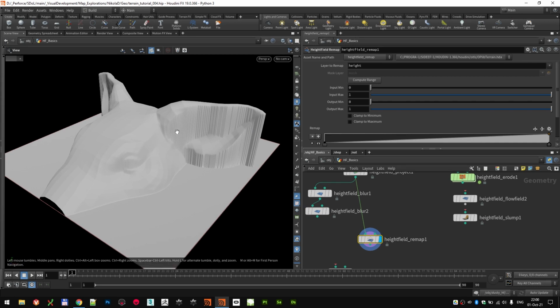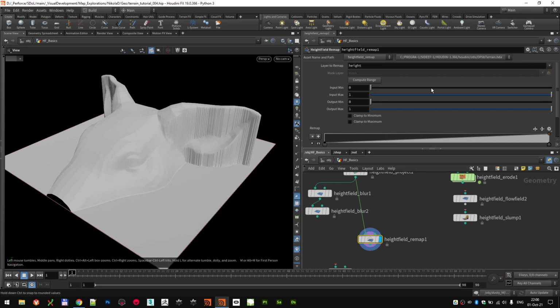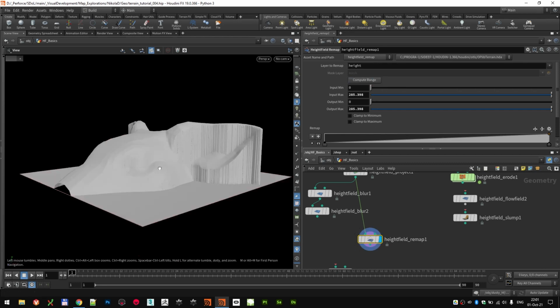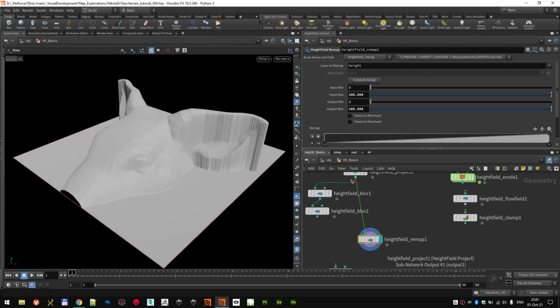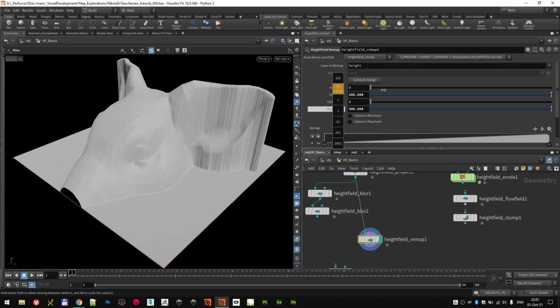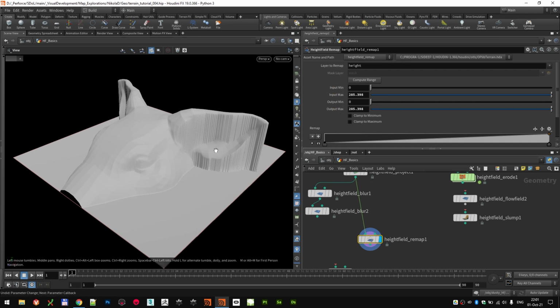Next one is the Remap node, which does actually what it says. It remaps the values of the Heightfield. So the usual MO when using this node is clicking on compute range. It calculates the minimum and maximum value of your input Heightfield. Right now it has calculated 0 and 285. So what you can do is remap it even here. You can scale the maximum input or the maximum output, and scale the values linearly that way,